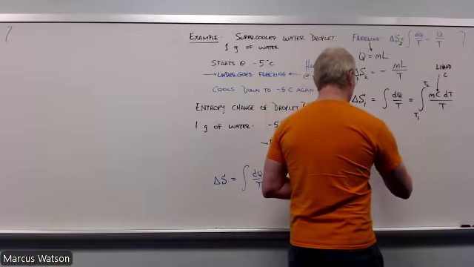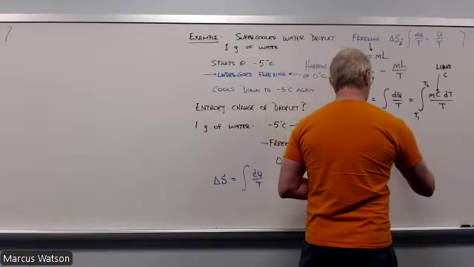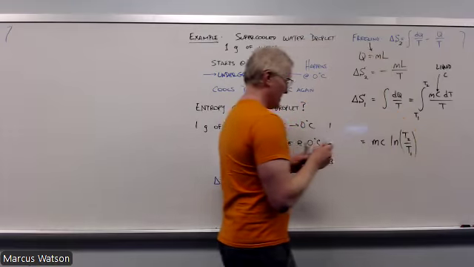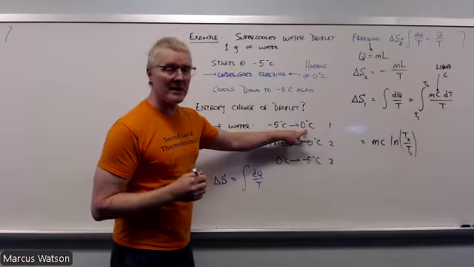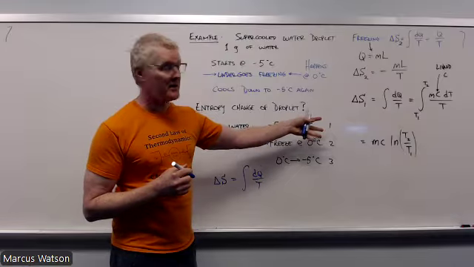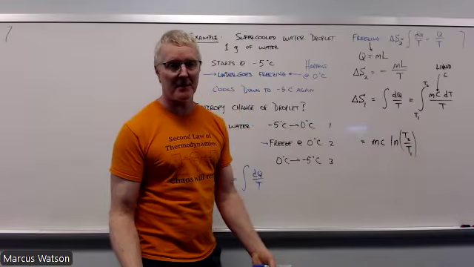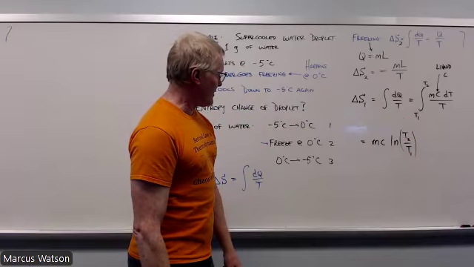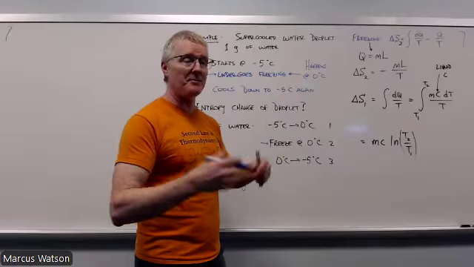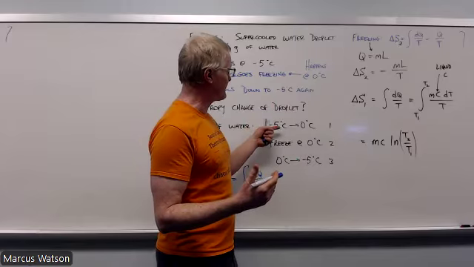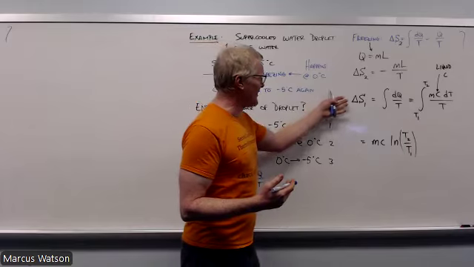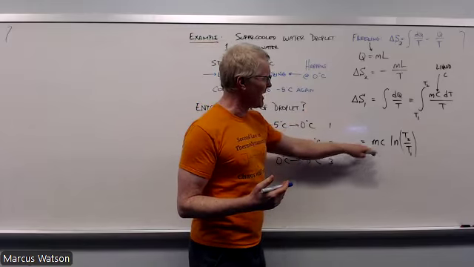All right, so this is going to turn into, once again, mc. I'm going to get the natural log of T2 over T1. In this case, T2 is the freezing temperature, T1 was the starting temperature, so this is going to be a positive number. This is an increase in the entropy as you might expect it to be, because the temperature went up due to heat that it absorbed from its freezing. Okay. So if I think about delta S1, it looks like this. It's going to become a positive number here.